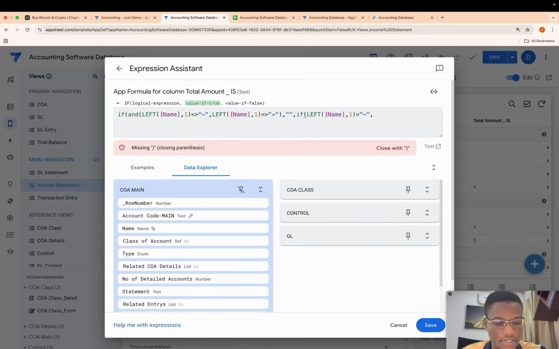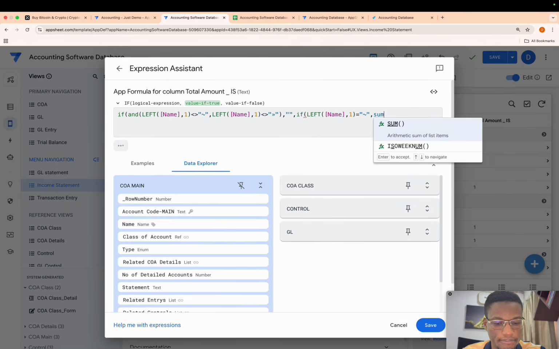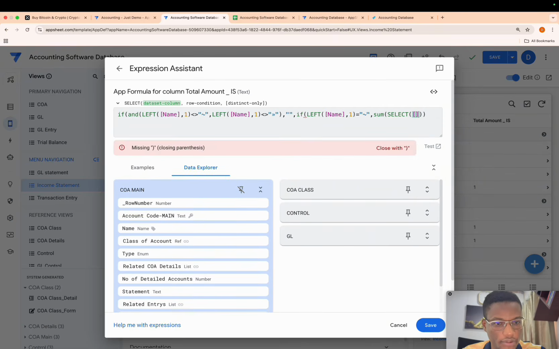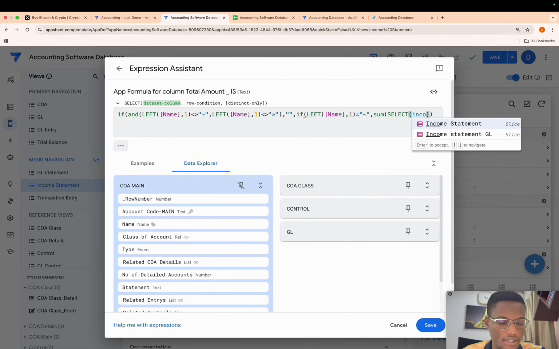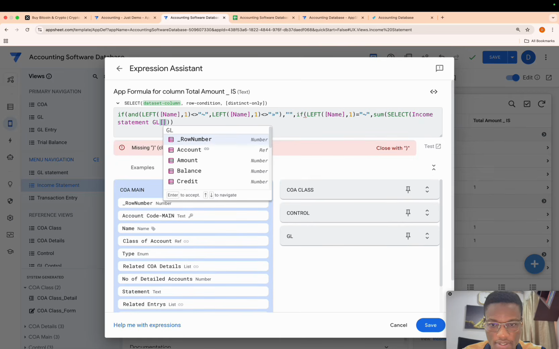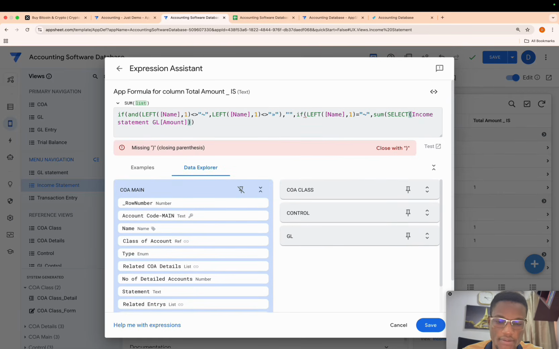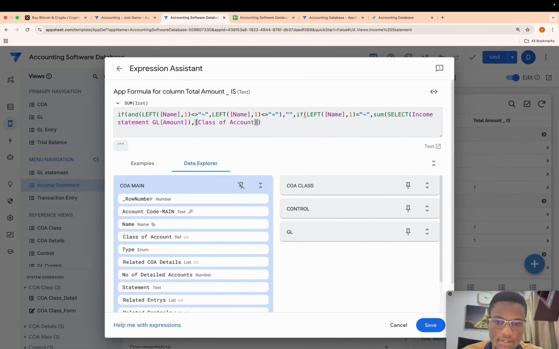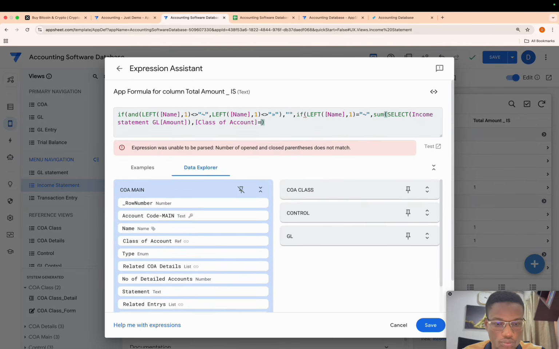So I'm going to say sum, sorry, income statement slides. We want to sum amounts, right? Good. Comma. Now we want to sum amount where in the slide we are taking the income statement class. So we want class is equal to,